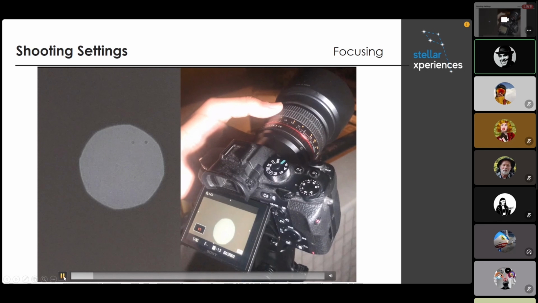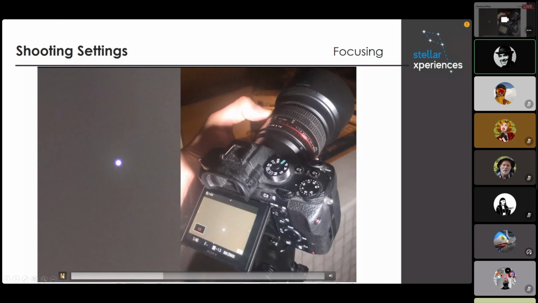See, it will get smaller, smaller, smaller, and it is small here. If he goes a little bit further, you will see it is smaller, and the other stars also started to appear. And he went a little bit further than the infinity point, and the star or the planet got even bigger again. So it was out of focus. So when he goes back to that point,